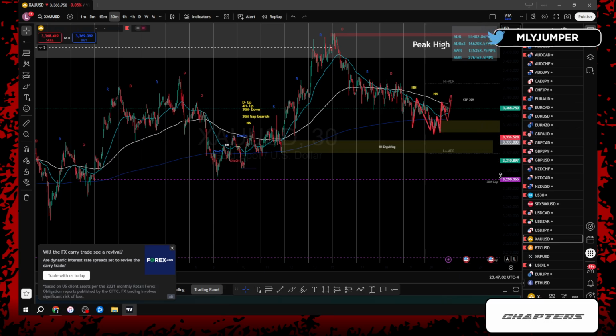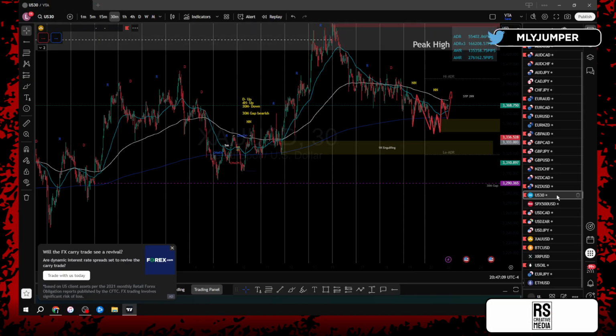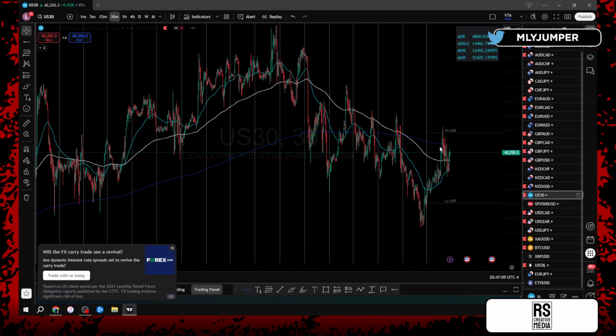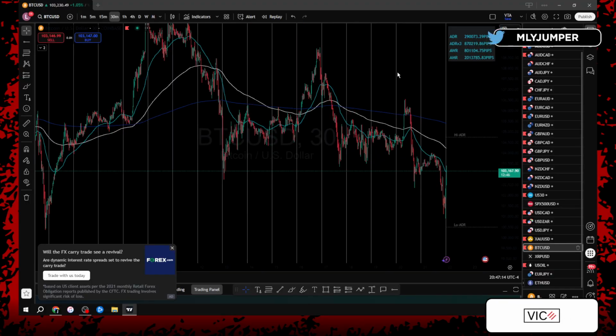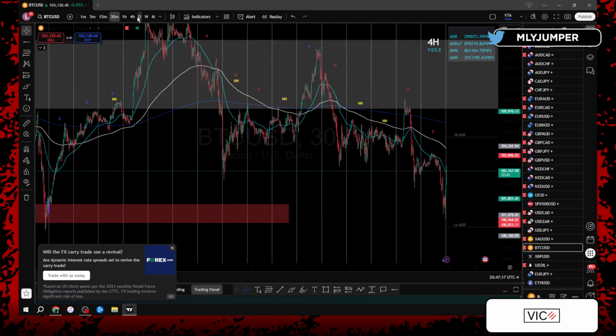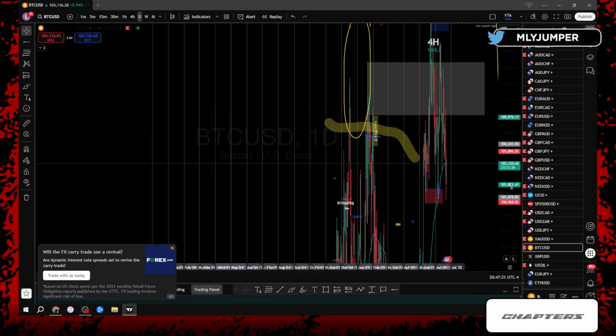We know that gold and 30 move opposite, right? So with that being said, since I am looking for buys on gold, and 30 did look like shorts were in, what does that tell me with Bitcoin? That we're most likely not going to get that third push to the top side on the daily time frame, which is okay. We already knew that was a possibility.